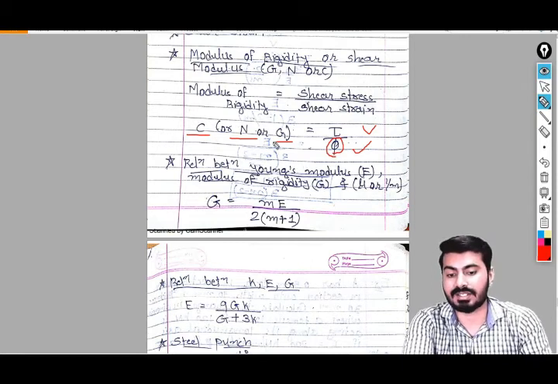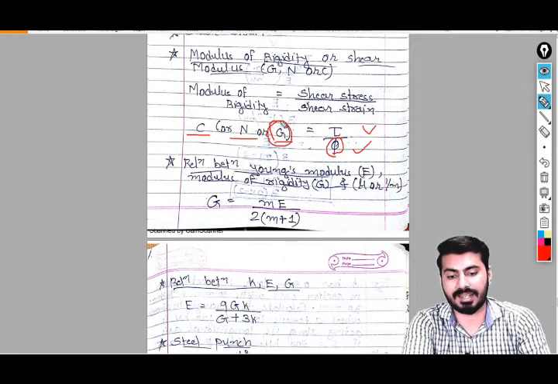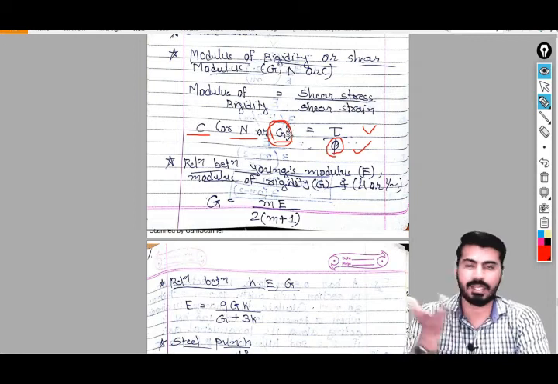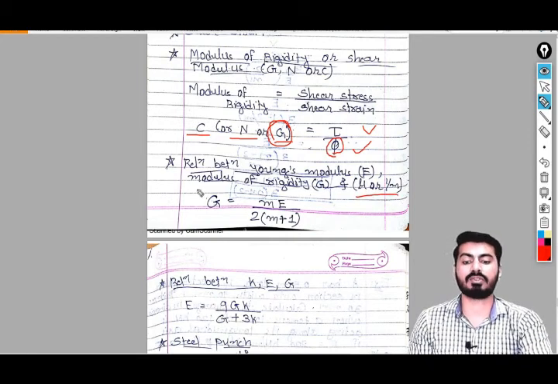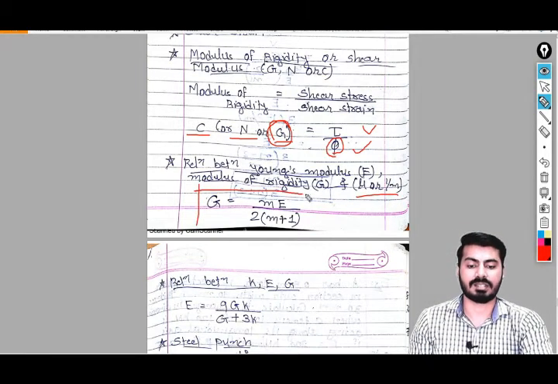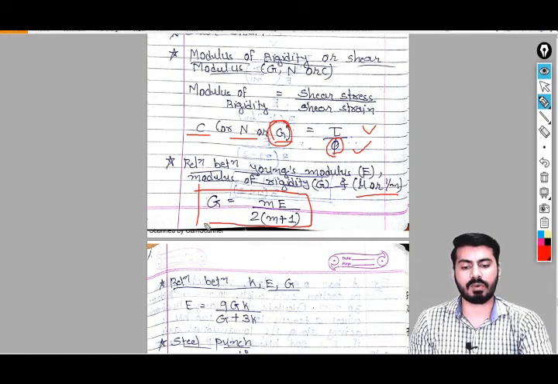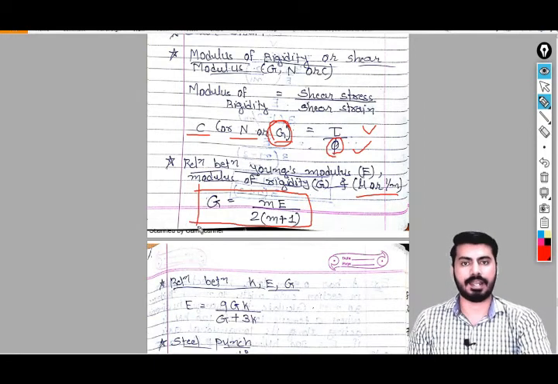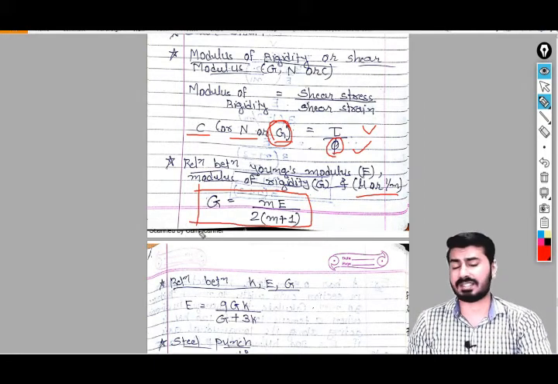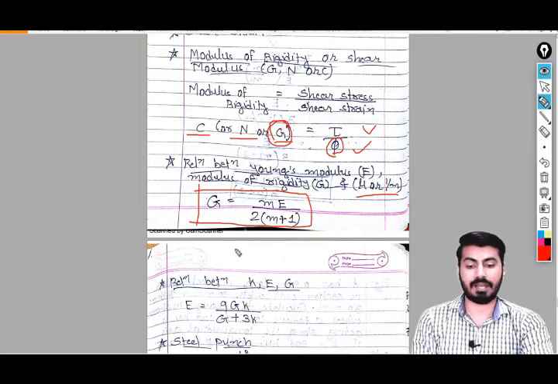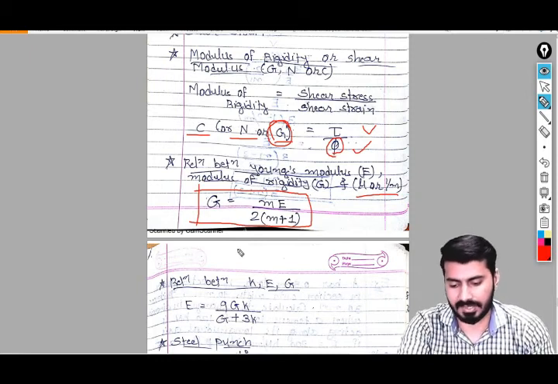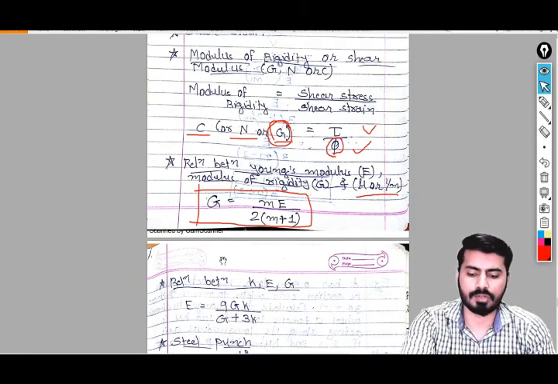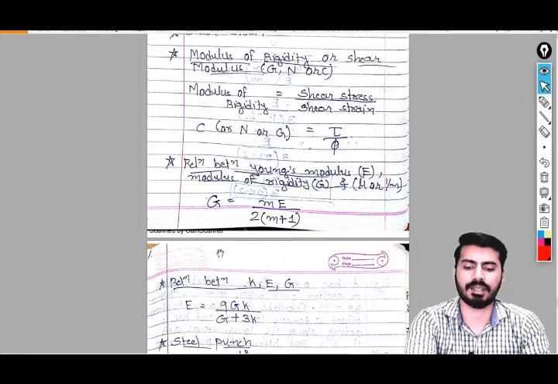Now, modulus of rigidity is generally denoted by G, but it can be denoted by C or N. So the relation between the modulus of rigidity, modulus of elasticity and Poisson's ratio can be written like this. There is also a derivation for this particular relation, and it can be found in your notes as well as in your textbook, which is the same as we have studied in the previous lectures. Okay, so we will move on to our next topic, that is